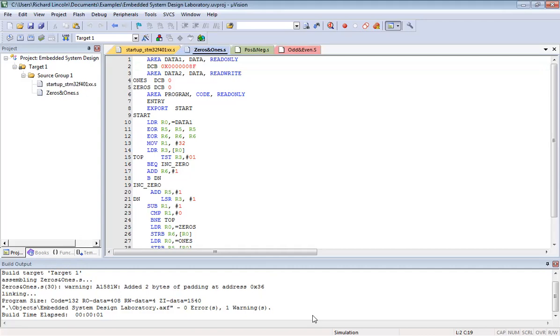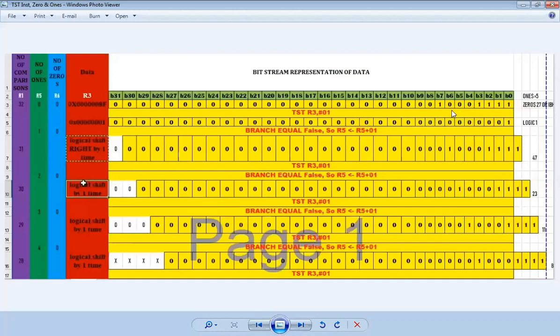So let me just show you that diagram again, right? So here you can see we are having 1 2 3 4 5 6 7 8 9 10 11 12 13 15 16 17 18 19 20 21 22 23 24. So 24 zeros are here, 25 26 27. So 27 zeros I should get. And how many ones? 1 2 3 4 5. So 5 ones and 23 zeros. So these values we will just check and see if we are getting the proper ones.